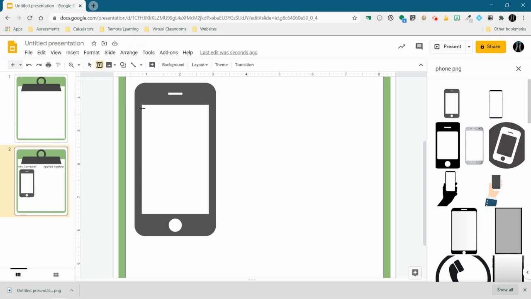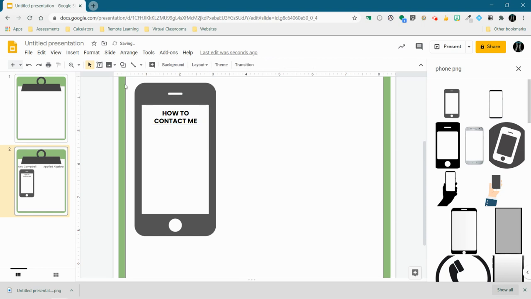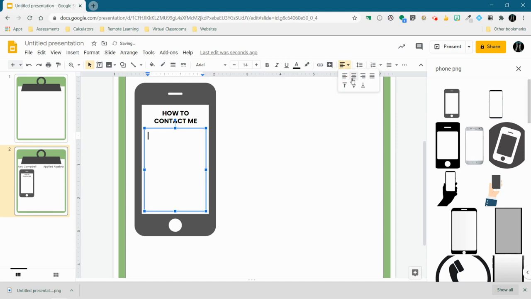So I'm going to put a text box at the top. That's going to say contact me. Maybe how to contact me. And then I'm going to put the different ways that I can be contacted. So we'll do email,